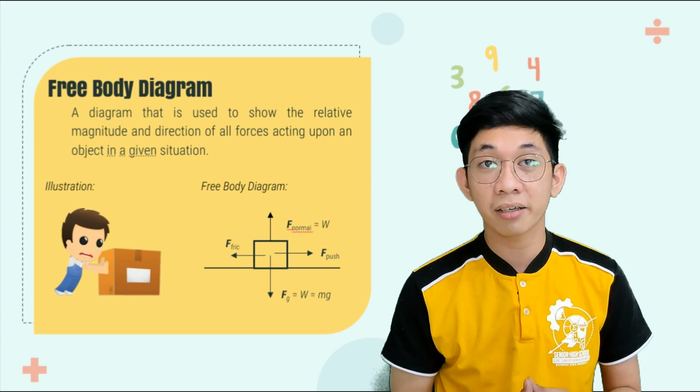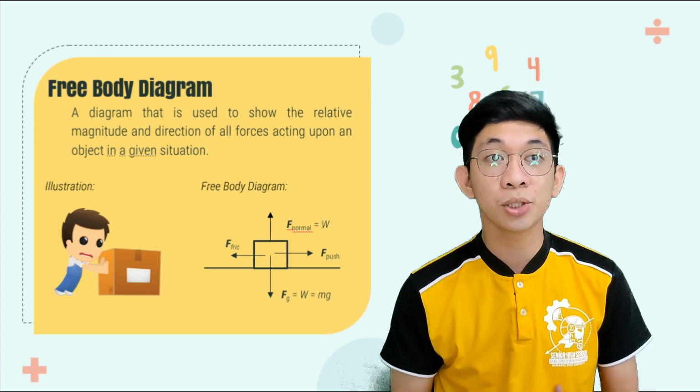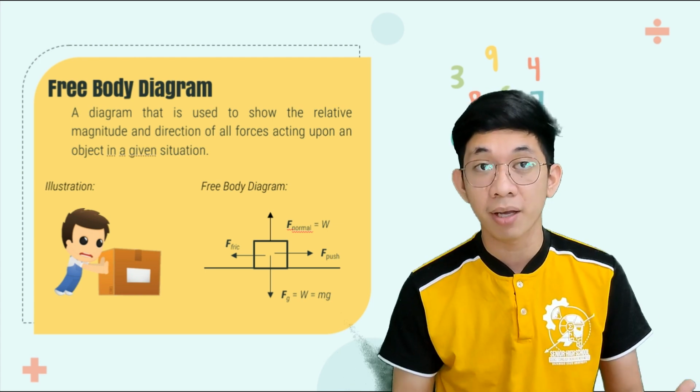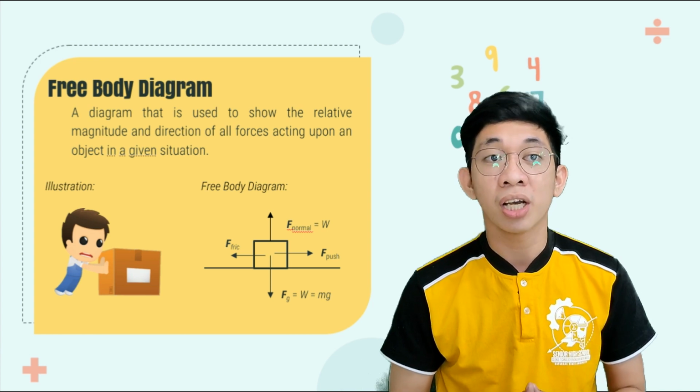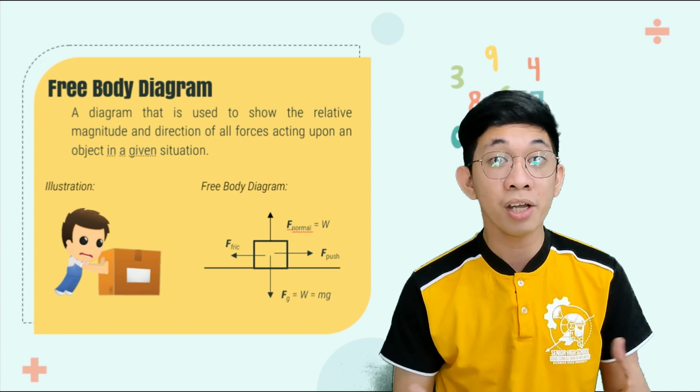The free body diagram depicts four forces acting upon the object. Objects do not necessarily always have four forces acting upon them. There will be cases in which the number of forces depicted by a free body diagram will be 1, 2, or 3. Let us now proceed with types of contact forces.